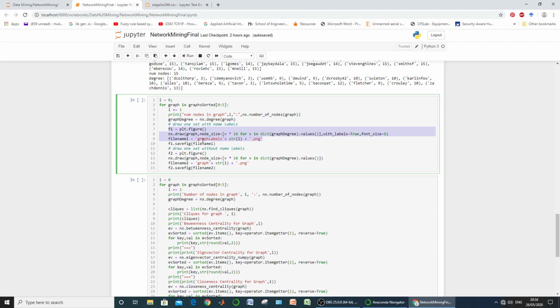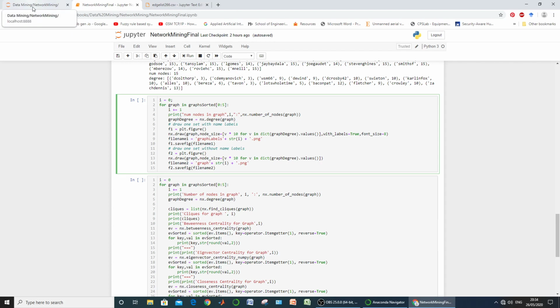So these three or four statements are going to create a graph for visualization, and will store that graph with a particular name. And the next graph that we want to have is without labels. Each and everything remained the same, except that here with labels is equal to false or not mentioned at all, since by default it is going to be false. So these are the two blocks of statements. One will draw a labeled graph, the other will draw an unlabeled graph, and both of these graphs will be saved.